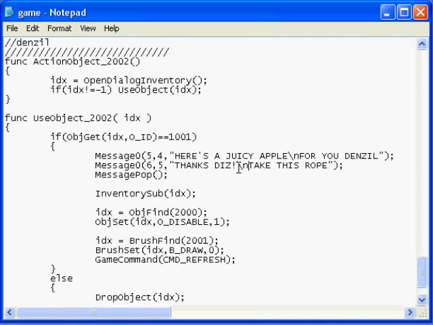Again there. That doesn't sound very good, just take this rope. Now we've got the danger that that might go over the edge of the window, so we'll move the line break. Now the message here should be 1 because it's Dizzy speaking, and the message there should be 2 because